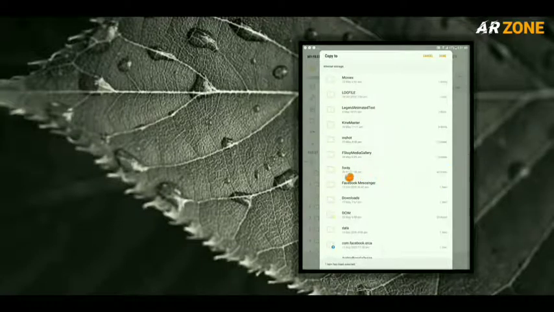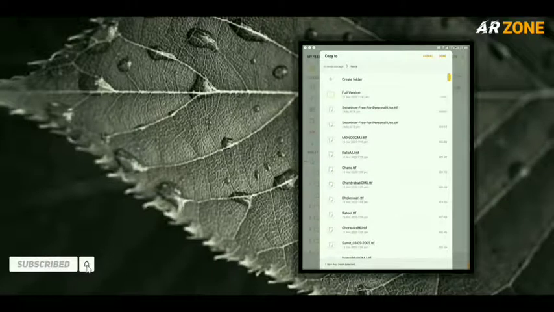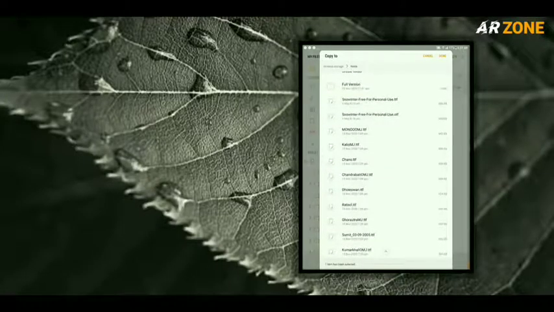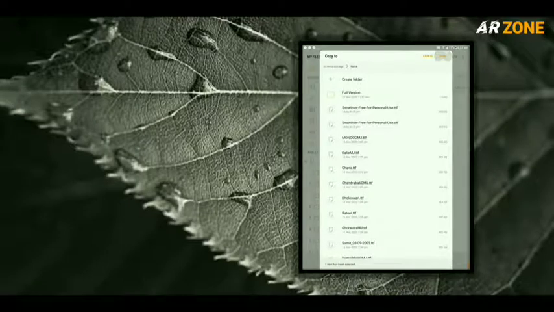After clicking into the fonts file, you have to click into the done. Click into the done, then click into the done option and then